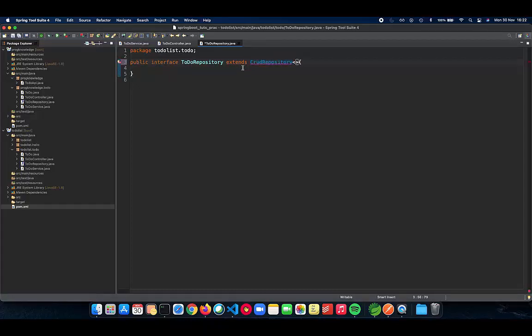And let me just import it. And this will need two things in the implementation. The first will be, what kind of repository are we wanting here? So it's a to-do repository. So we need the to-do class to actually for it to map